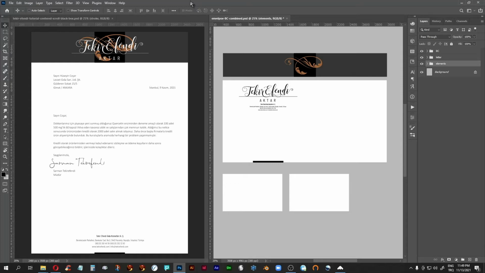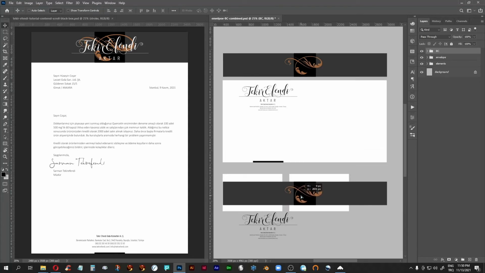But before we get there, I just want to show you that I cleaned all of this up. So I have a folder for the envelope, which I accidentally called letter, so let me change that right now. And then I have an identical one for the business card. So if I move this down here,